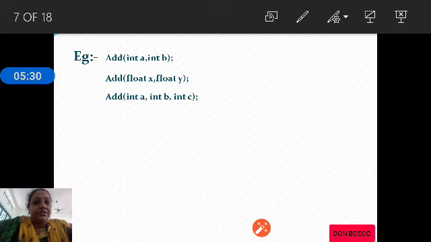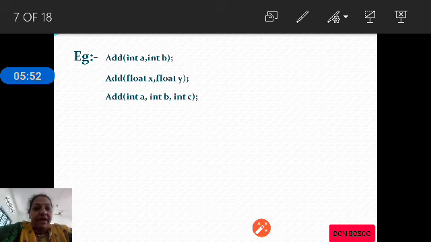Let us check the syntax or the example for function overloading. On the screen you can see three functions: add, add, add. All three functions have the same name. Let us check out the argument list. In the first function we have add(int a, int b), which means there are two arguments.